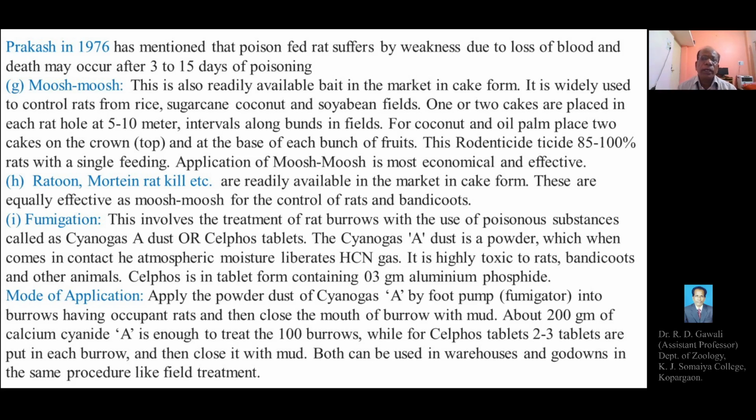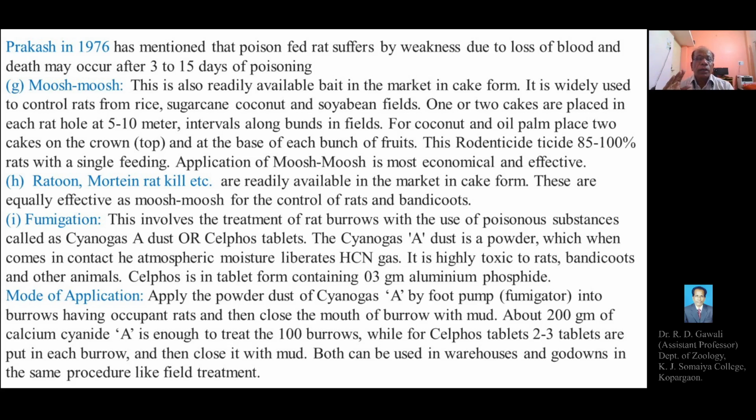About 200 gram of calcium cyanide A is enough to treat 100 burrows, while for the sulfose tablets, 2-3 tablets are put in each burrow. So for the fumigation purpose, when we use the sulfose tablets, 2-3 tablets can be kept into each burrow, or about 200 gram of calcium cyanide A is enough to treat the 100 burrows of the rat. In both the cases,